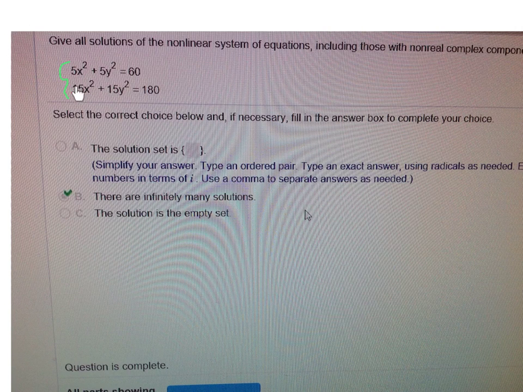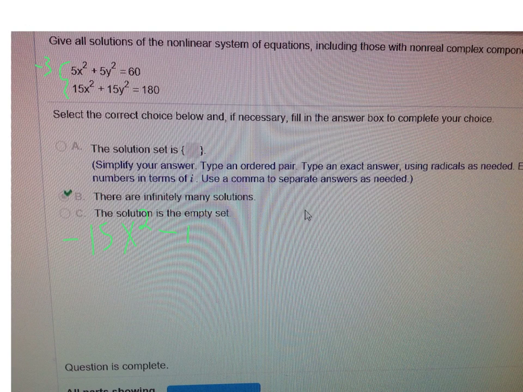If we eliminate x, we have a 15 and a 5. Smallest thing they both go into is 15. So I need additive opposites. I'll multiply the top one by -3. So if I multiply the top equation by -3, that would give me -15x squared